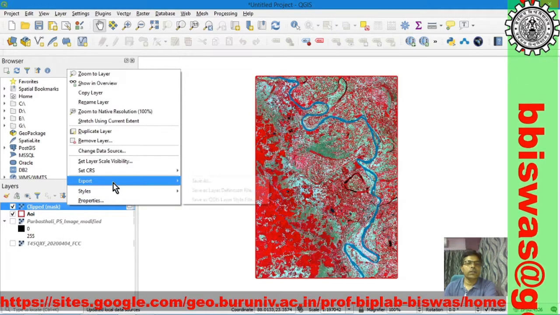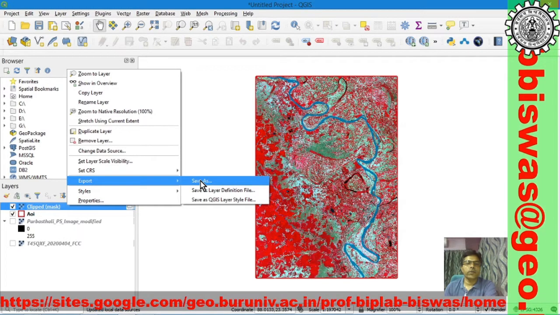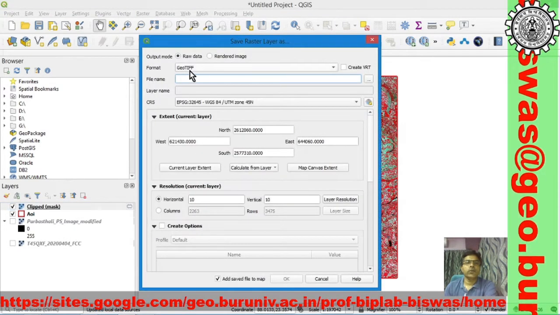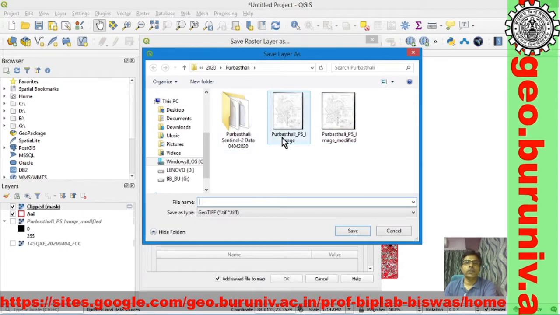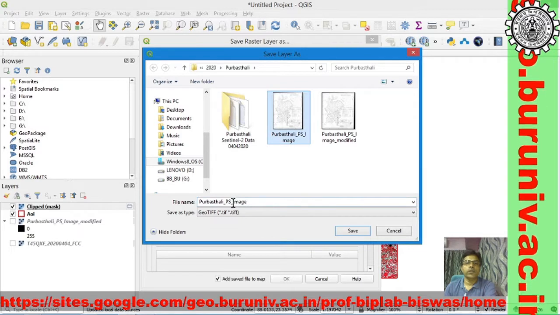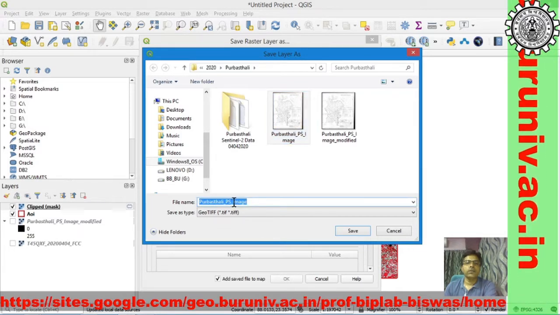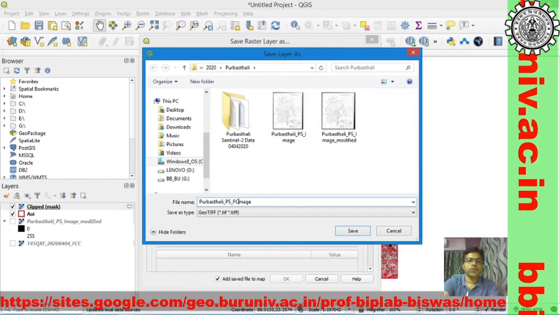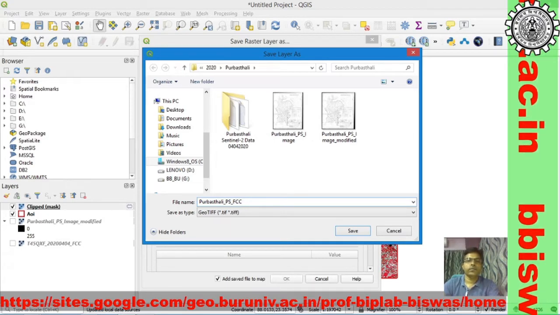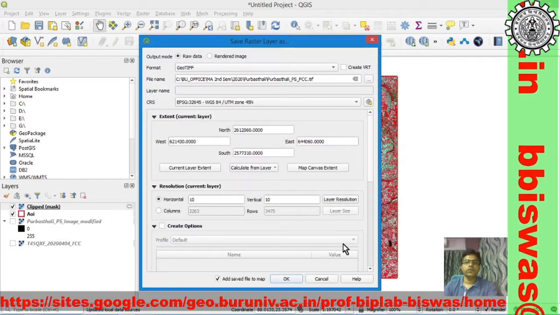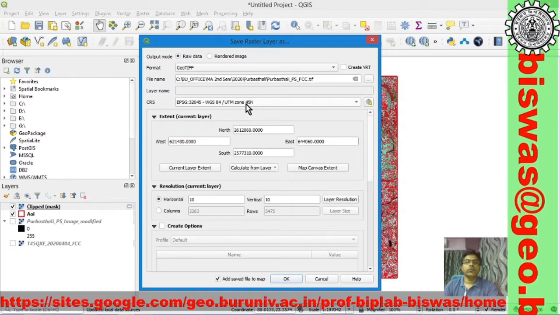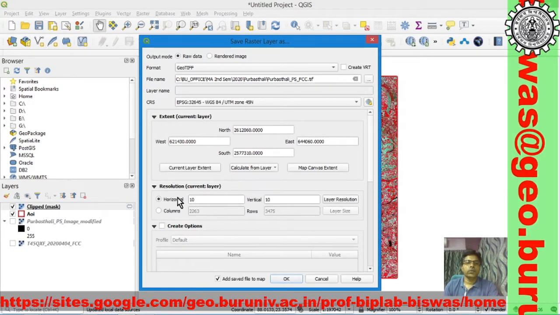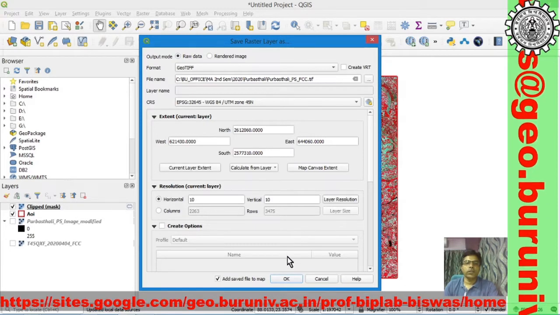Right click, export, save as, format GeoTIFF I told you, and say that is Purvostali PS FCC, save, CRS UTM 45 north, resolution 10 by 10 meter.